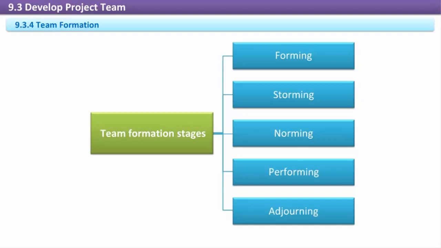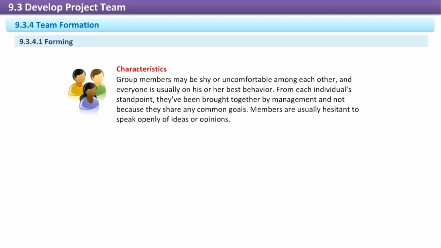Not every group will proceed through the stages in a linear sequence, and it's fairly common for a group to have occasional setbacks that will cause it to temporarily revert back to a prior stage. Forming. Characteristics. Group members may be shy or uncomfortable among each other, and everyone is usually on his or her best